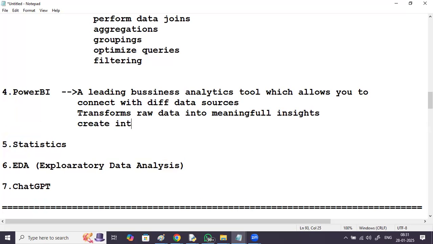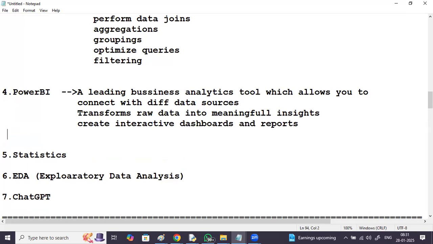Create interactive dashboards and reports, utilizing Power Query.